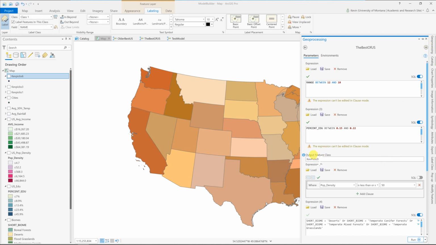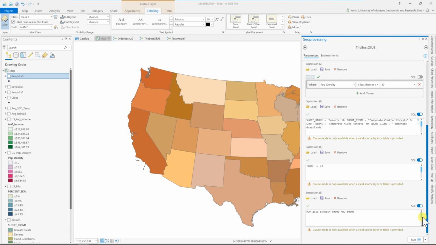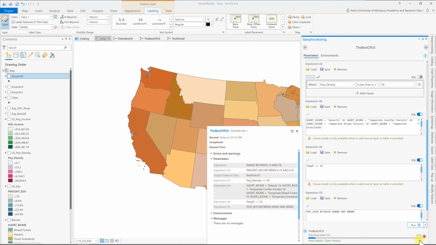One thing to always be sure is that the output feature class has a decent name on it. I'm going to put 10 just in case I already have a 9 inside the geodatabase. All right, no errors. Everything looks fine. And I'll run it. And the disadvantage is you don't get to see it go through the flowchart, but it does give you this kind of prompt that lets you know if the tools are working.